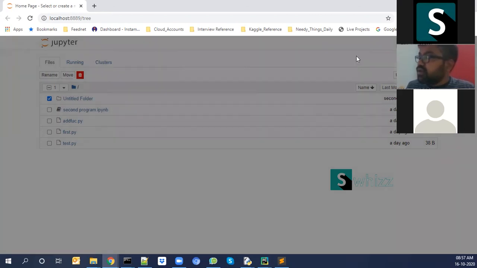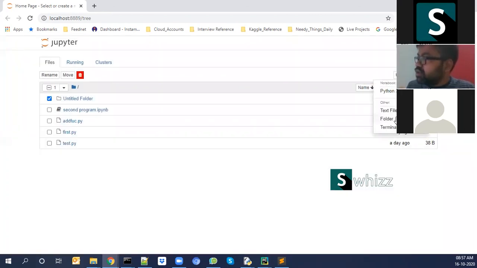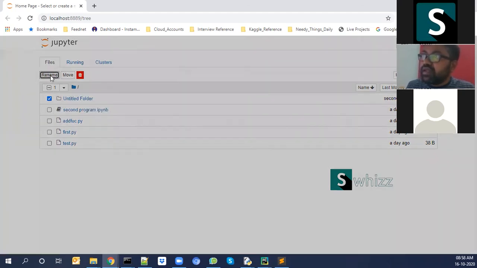Yeah, I'm trying to create it. Just like in the new menu, there is a create folder option, other options are text file, folder and terminal. Tap on folder, so it will create an untitled folder. Just tap on the checkbox and rename it.